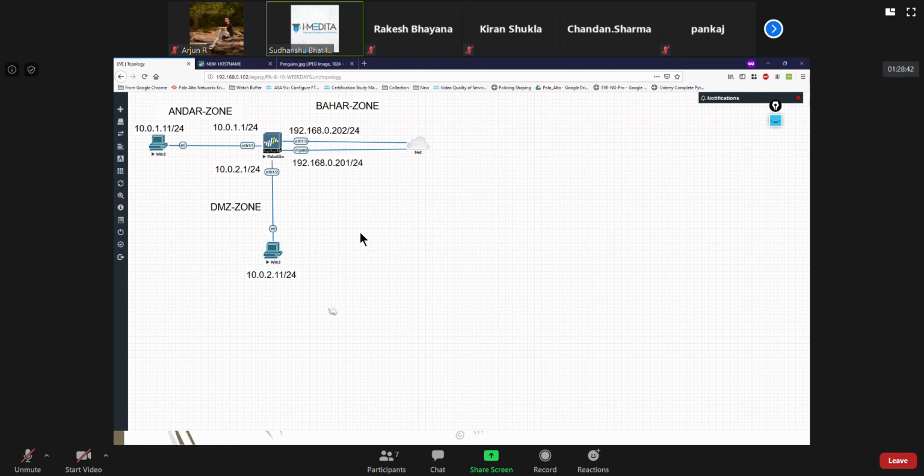Then the second rule is from the inside zone to Bahar zone. This inside to outside is basically for people to go and access the internet.